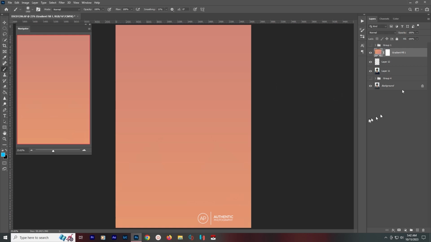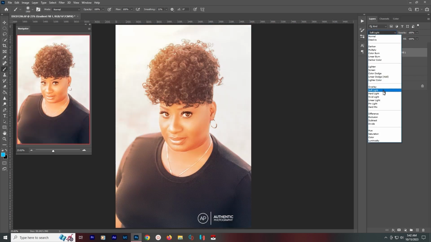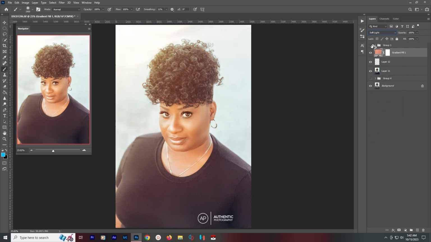Right, so I use that gradient fill to see how it will actually look, right? Adding it on top, and we got some good results. So you could bring this straight down and bring it up slightly. Right? But I think the gradient fill actually looks better on her skin tone. So what I'm about to do is